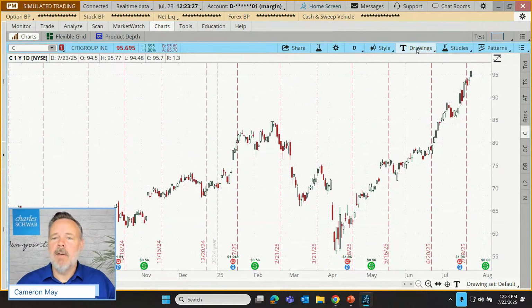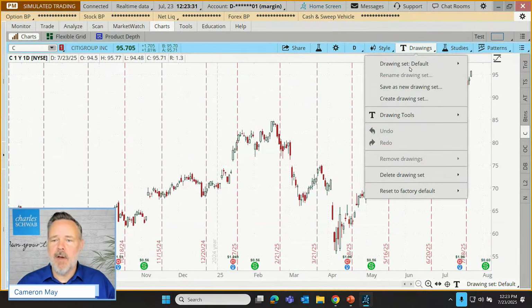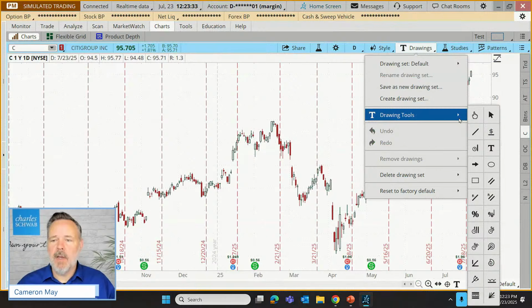Next up, fun one, we have our drawings tool. So we have a whole menu. If I go to drawings and I go down to drawing tools, we'll see this whole menu of icons of potential drawings. When we first try to do drawings, it can feel a little bit clunky if we haven't ever done it before. Just know that whether we're drawing a line or a rectangle or an oval, it's just click once to start the drawing wherever we want to start it.